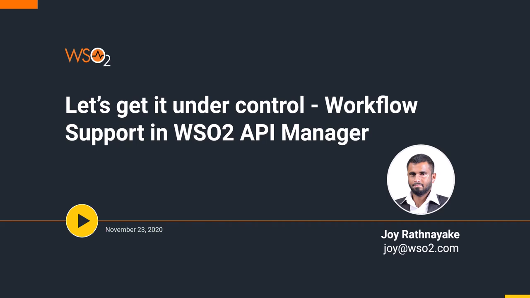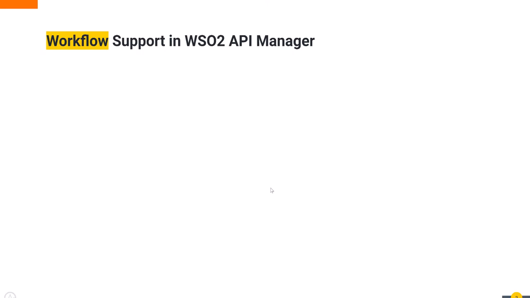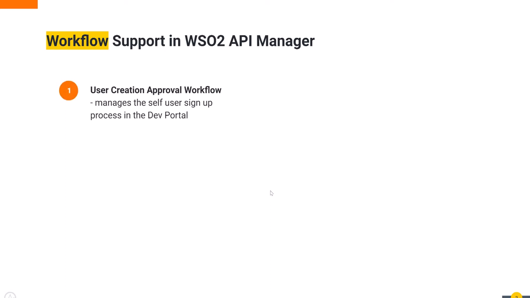Among a lot of other capabilities, workflow support is another key feature provided by API management platforms today to support API governance. Let's explore what are the workflow capabilities provided by WSO2 API Manager. WSO2 API Manager provides a lot of capabilities for all the different user roles within the API management ecosystem, and it's best if some of these capabilities can be governed, controlled by integrating an approval workflow on top of them. Let's look at some of these areas where we can attach an approval workflow process within WSO2 API Manager.